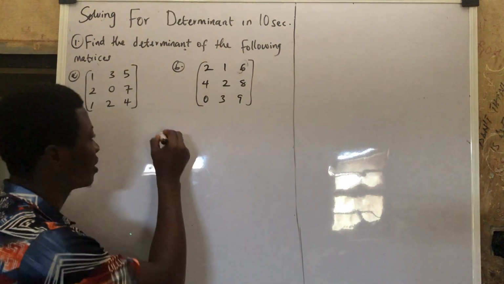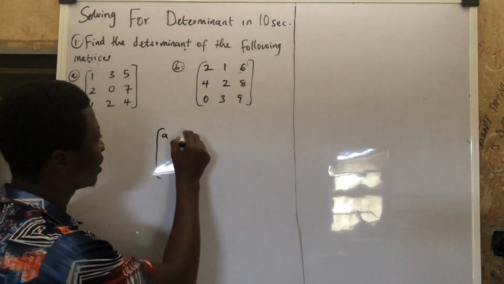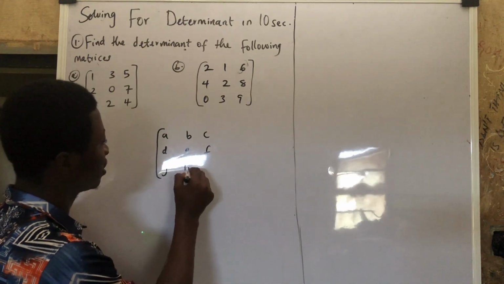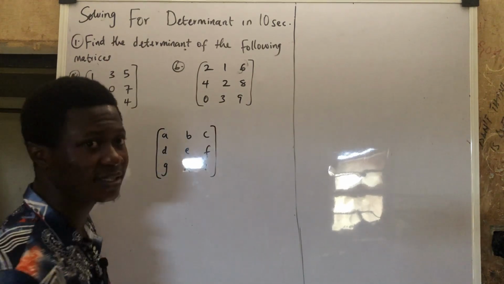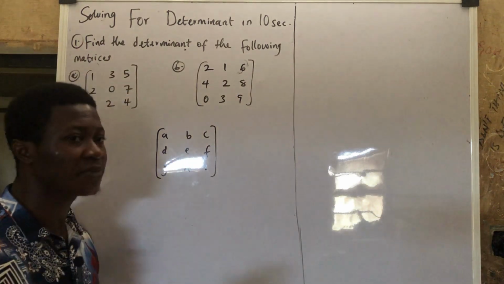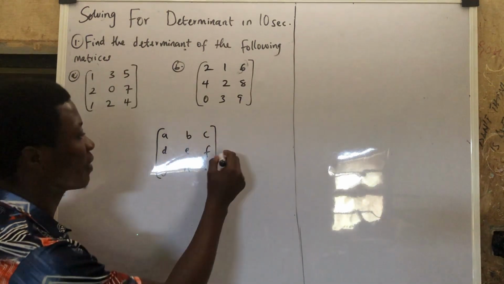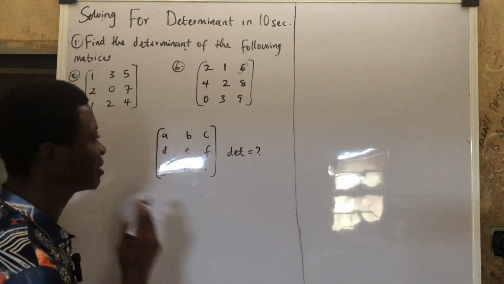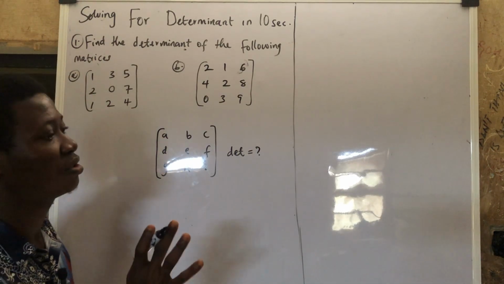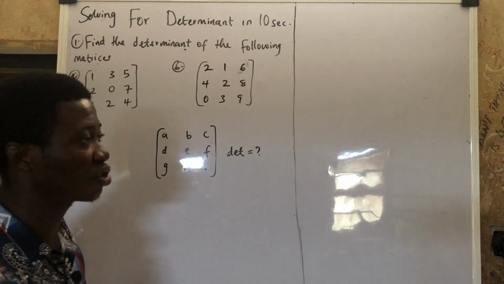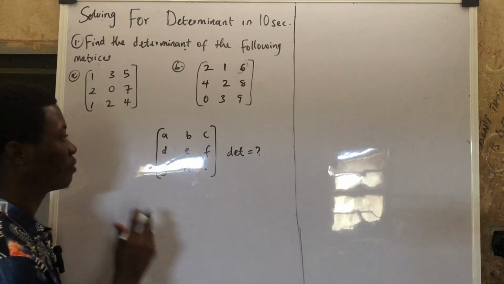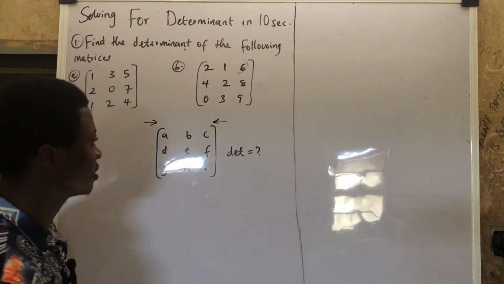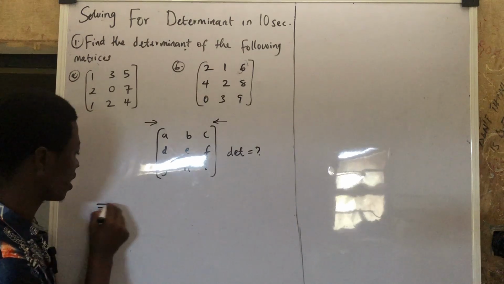So let's look at a matrix of A, B, C, D, E, F, G, H, I, right? So this is the matrix. For this particular matrix, let's assume that we are asked to look for the determinant. To find the determinant of this matrix, to apply the shortcut, the speed math form, how do we do that? We're going to be considering from both ends, from this end and also from this end, right? So considering from this end now, we have